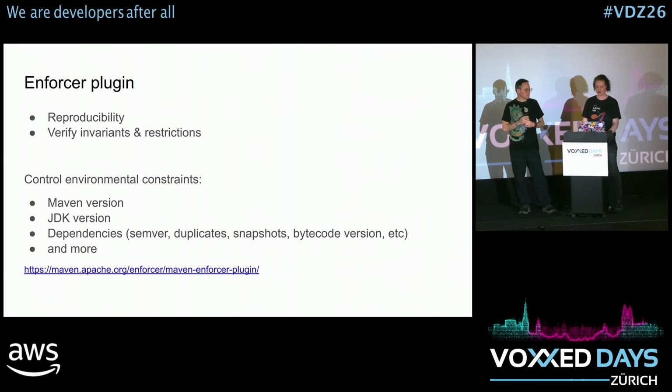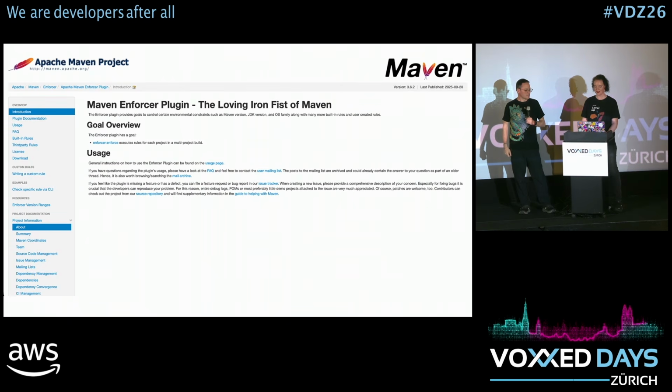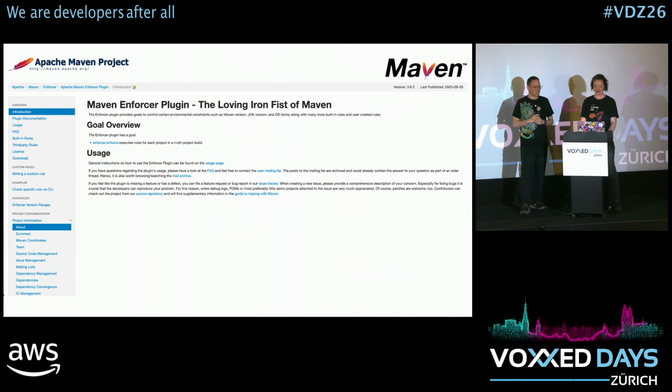And for that, we can use the enforcer plugin, which we can configure like so. And the enforcer plugin is also called the loving iron fist of Maven, which sounds slightly ominous, to be honest. But it will give us a way to configure the rules and make sure that our project fails if it doesn't meet those